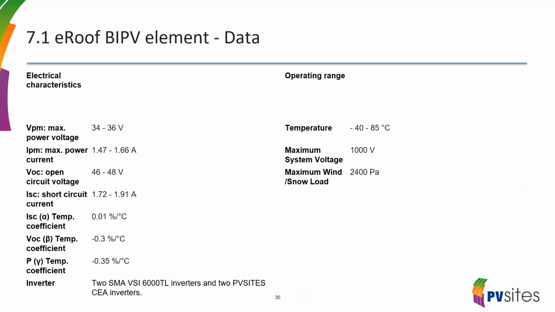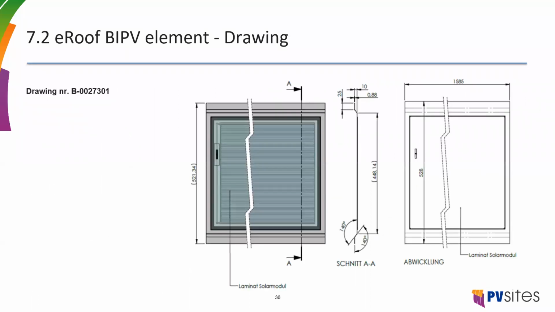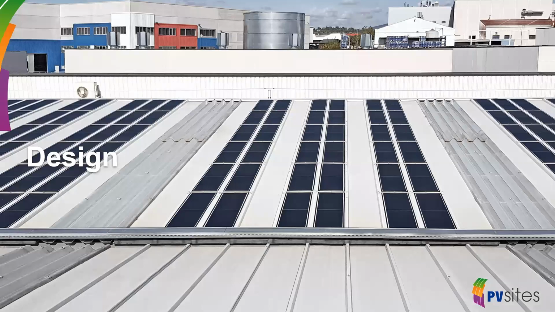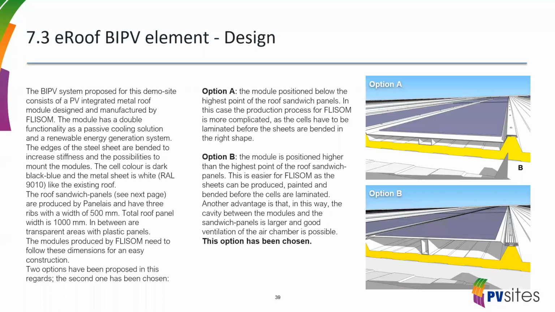The tables and the drawings are, of course, part of the PDF, so it's in there. Yeah, this is the table. This is the drawings. The next one. Go to the design. For the design, we had an existing roof. That existing roof is a kind of sandwich panel. It's 1 meter wide, with a kind of polyurethane inside. Here you can see it in the SketchUp 3D drawings that he made, and the ribs of it are 50 centimeters, so it's 500 millimeters